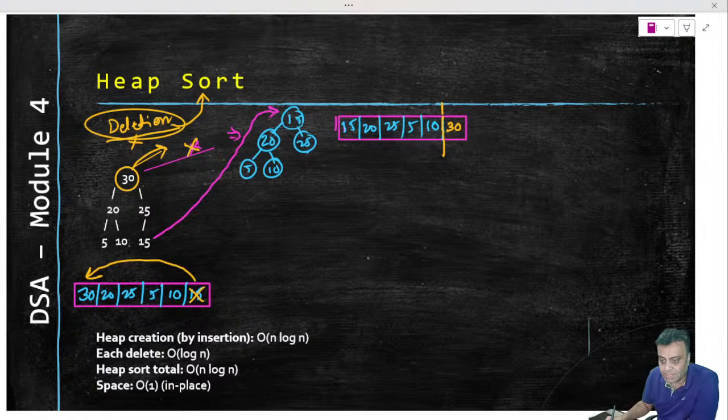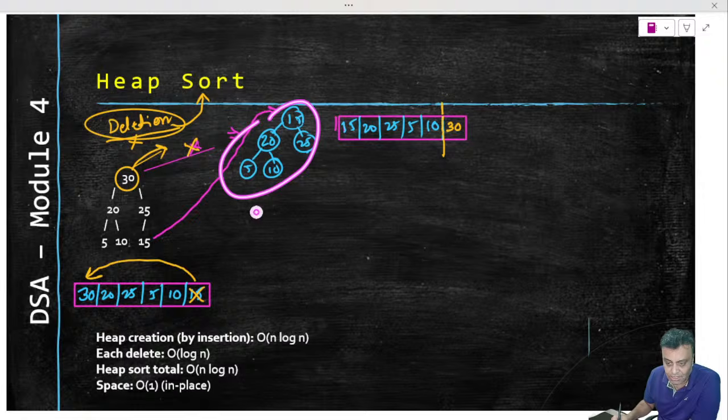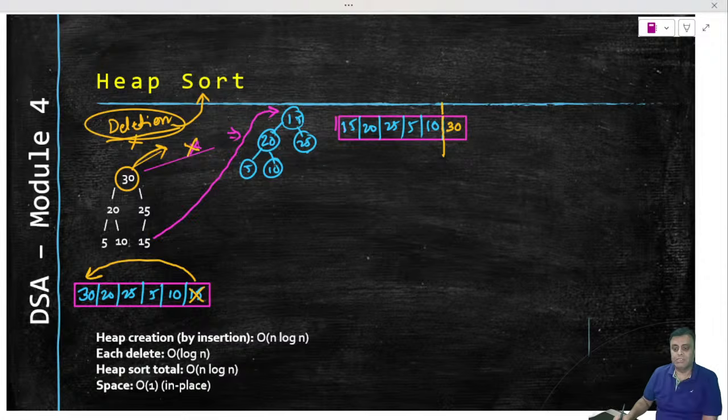So the next step is to make this heap a heap. This is not a heap because 15 is at the top and at the bottom we have 20, 25. At the top I should have the largest element. We are talking about a max heap here, right? So if we do that largest element concept, then 25 should move up. Both of them are greater than 15. Who goes up? The highest element will go up.